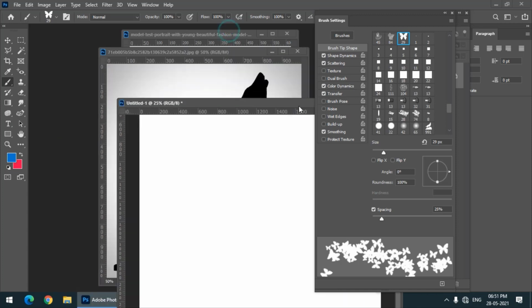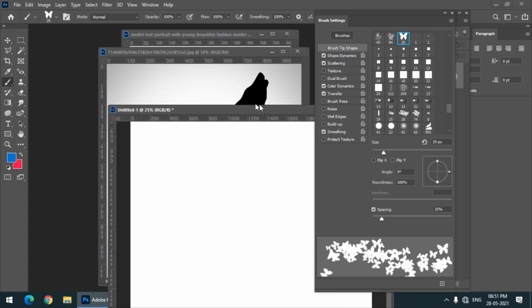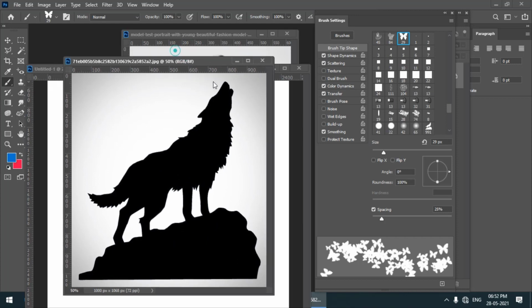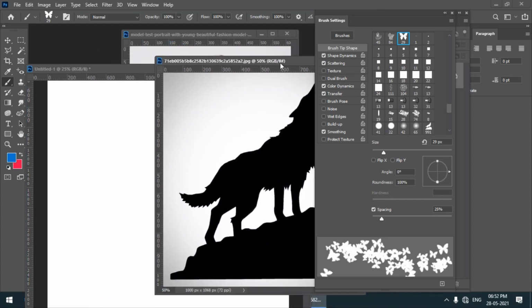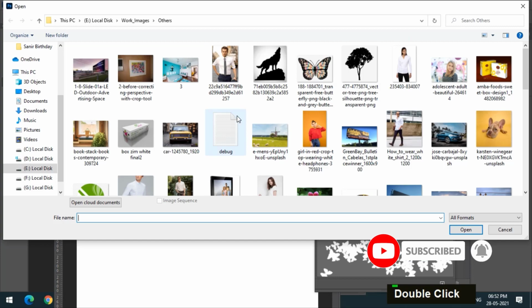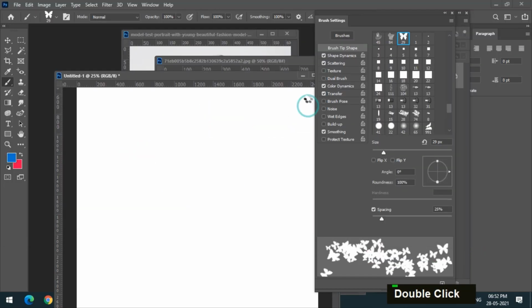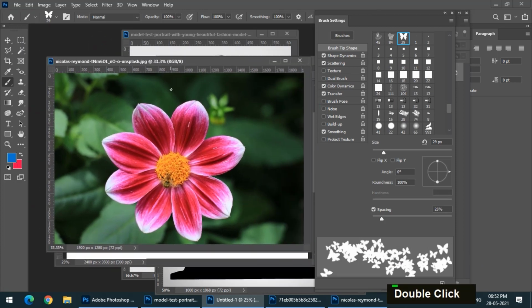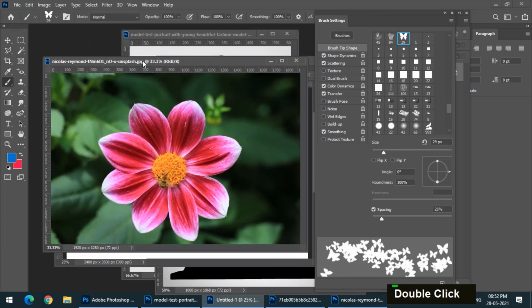Moving forward, what if I want to create a floral brush out of an image? We have already seen how to use ready-made brushes, but let's say I want to create a floral brush from this image. There is also a bee present over here.